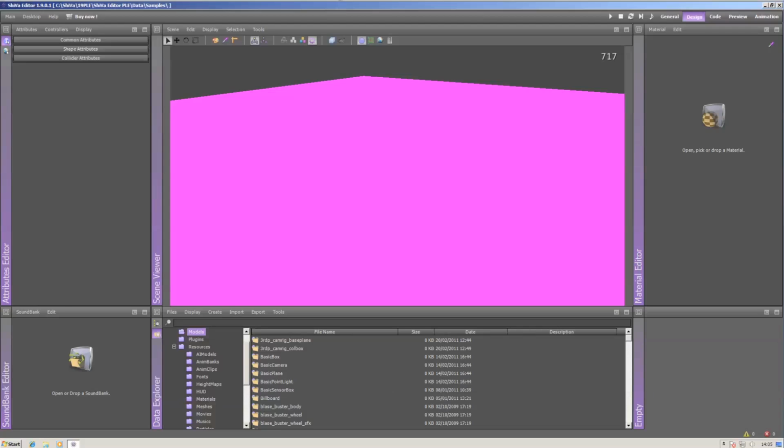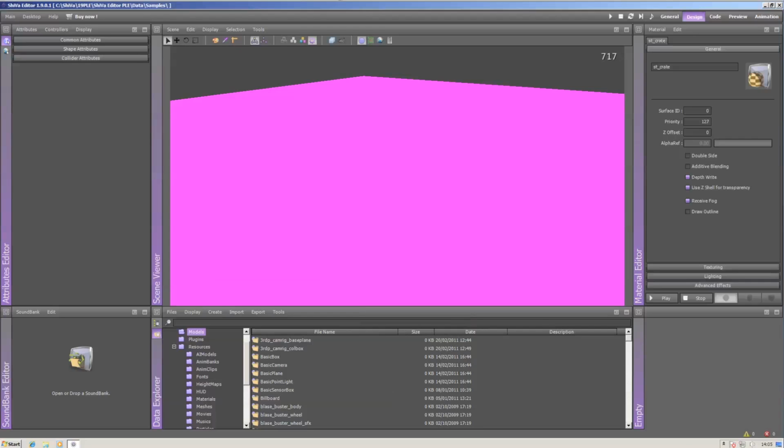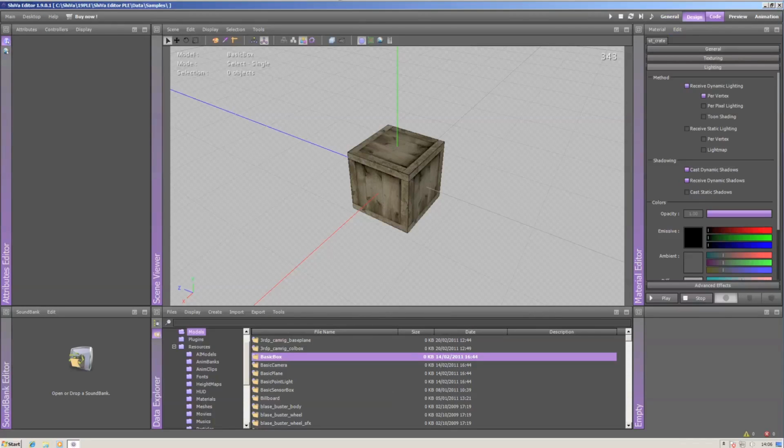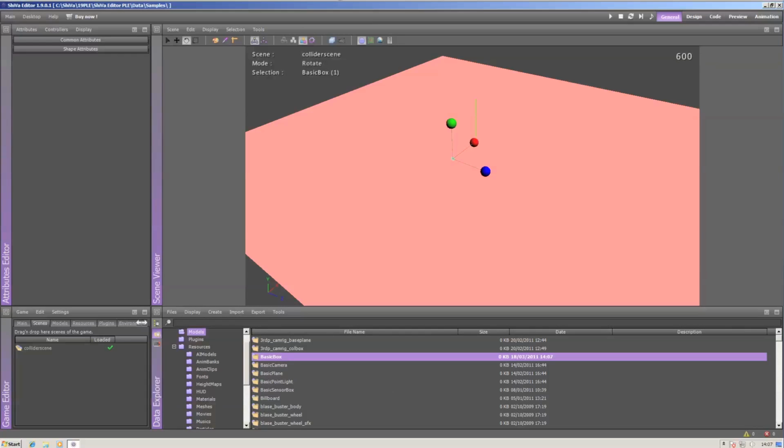Let's give it some other material, some texture to just see it better. Something random. I have then created a simple box with a material, basic box, that I will then drag into my scene. Note it's a little small, so I'll scale it up